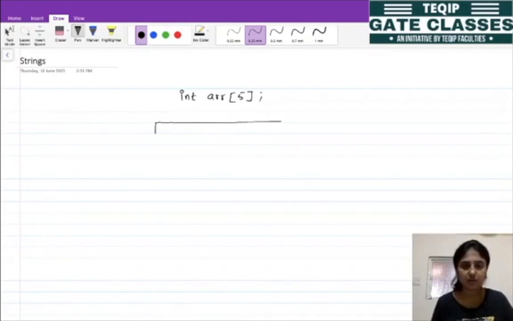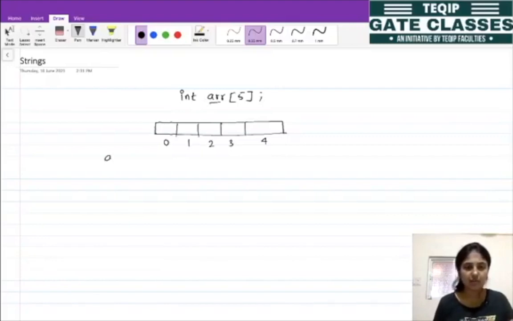Suppose this is the block and 5 consecutive blocks have been reserved. Index will start from 0: 0 1 2 3 and 4, right? So total 5 blocks. This ARR holds the base address of our array, right? Let's say the base address starts from the 1000 location, so this ARR is going to hold the 1000.